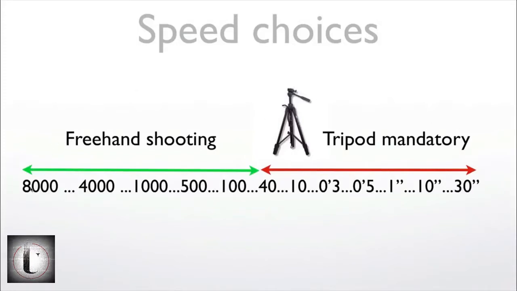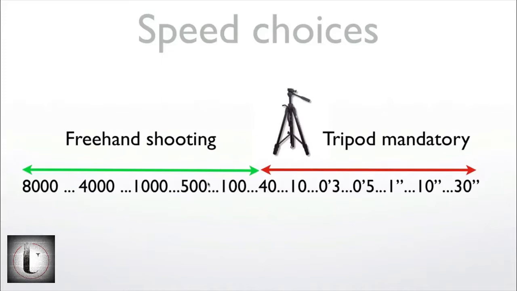Well, roughly this is how it goes. This is the fastest speed that it has, 1/8,000 of a second. Imagine how fast that is. You need to have a lot of light to capture a photo at 1/8,000 of a second. Then it goes down to,